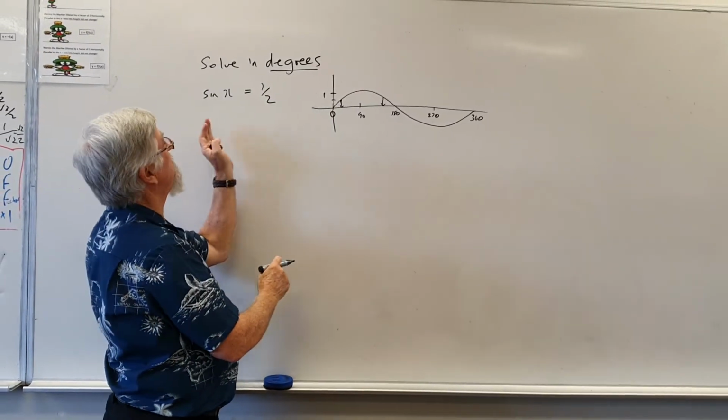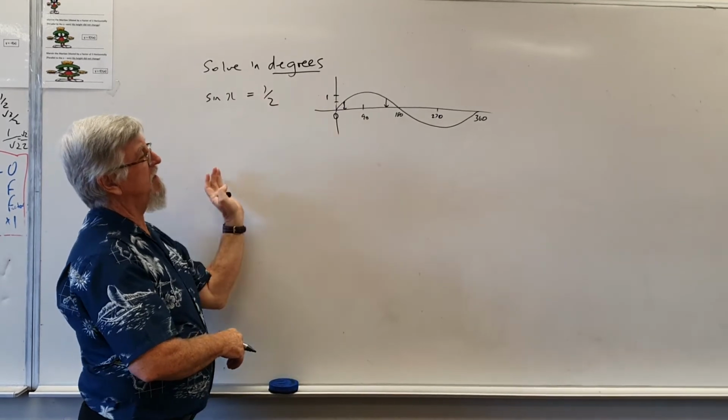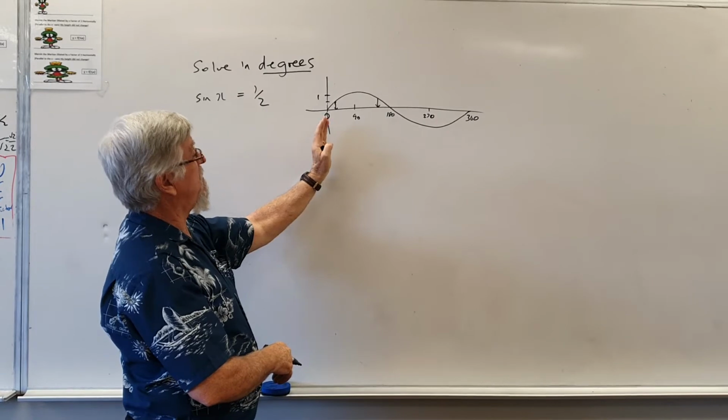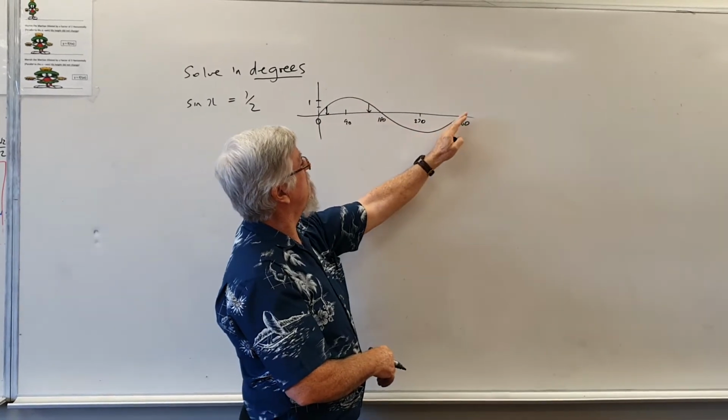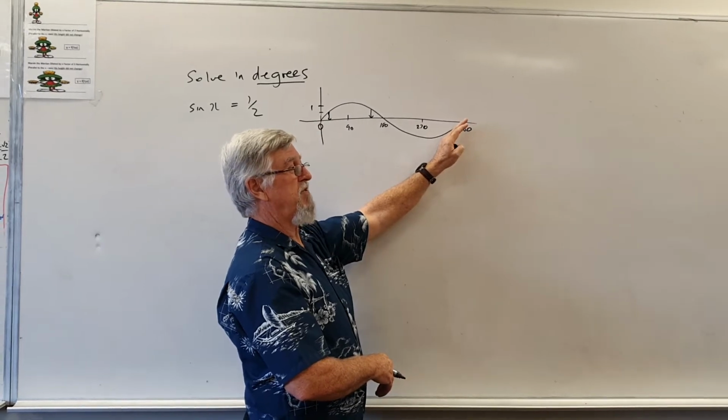Hi everyone, looking at solving trig equations. When I'm dealing with degrees, here is my sine graph. It's only freehand, it's only rough, but you can see there's one loop. I'm going to call it loop, but we don't call it loop, we call it one period, one cycle of